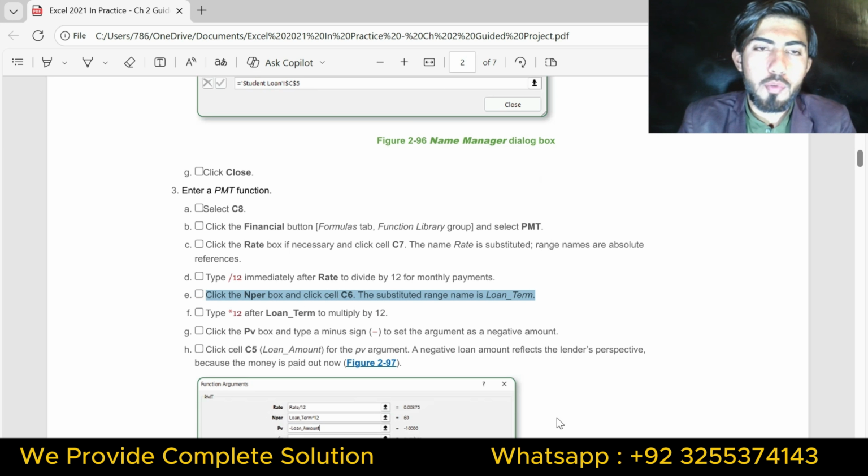Part E is click the Nper box and click cell C6. The substituted range name is loan term.